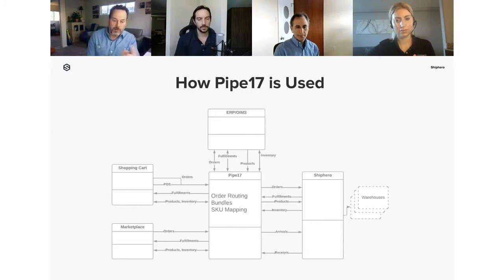In this particular configuration, Pipe17 is acting as the central hub. You might, in your business, want NetSuite as a central hub, and there's a lot of good reasons for that, or Sin7 or BrightPearl, one of those things. But in this particular model, we're just showing Pipe17 as the hub. On the left, you've got your shopping cart, your marketplace, and you can have multiple shopping carts. We have aggregators who are using us that are running 20 brands, Amazon and Shopify brands, and you can run that all off of one account,